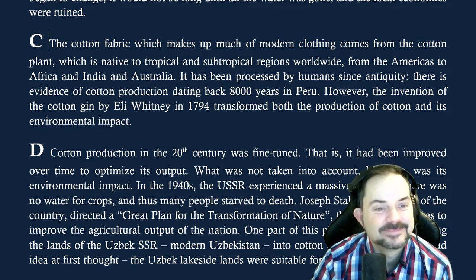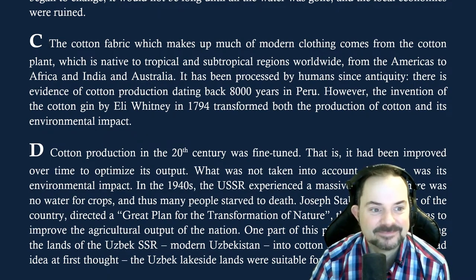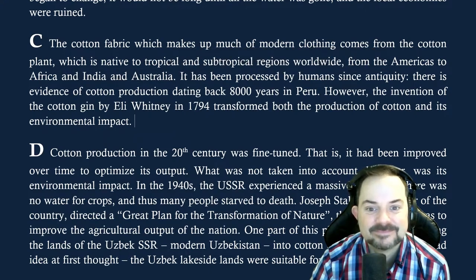The cotton fabric, which makes up much of modern clothing, comes from the cotton plant, which is native to tropical and subtropical regions worldwide, from the Americas to Africa and India and Australia. It has been processed by humans since antiquity. There is evidence of cotton production dating back 8,000 years in Peru. However, the invention of the cotton gin by Eli Whitney in 1794 transformed both the production of cotton and its